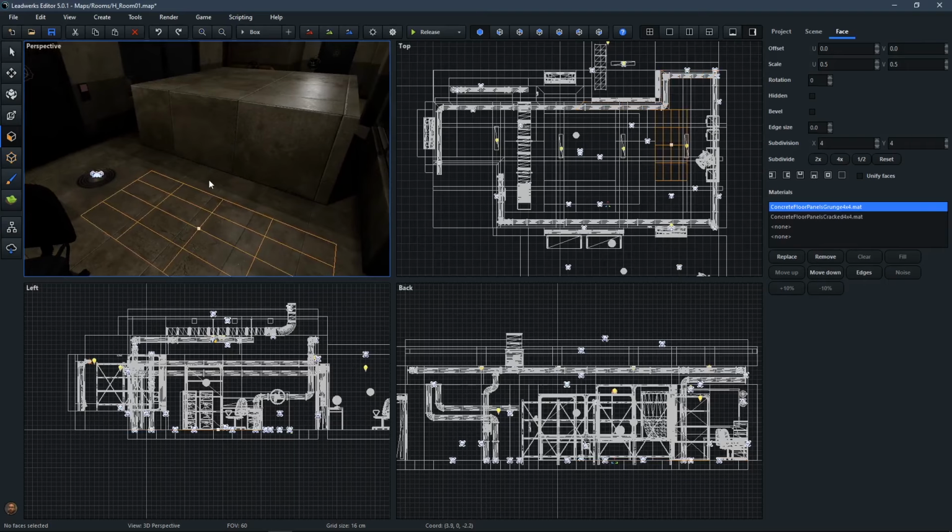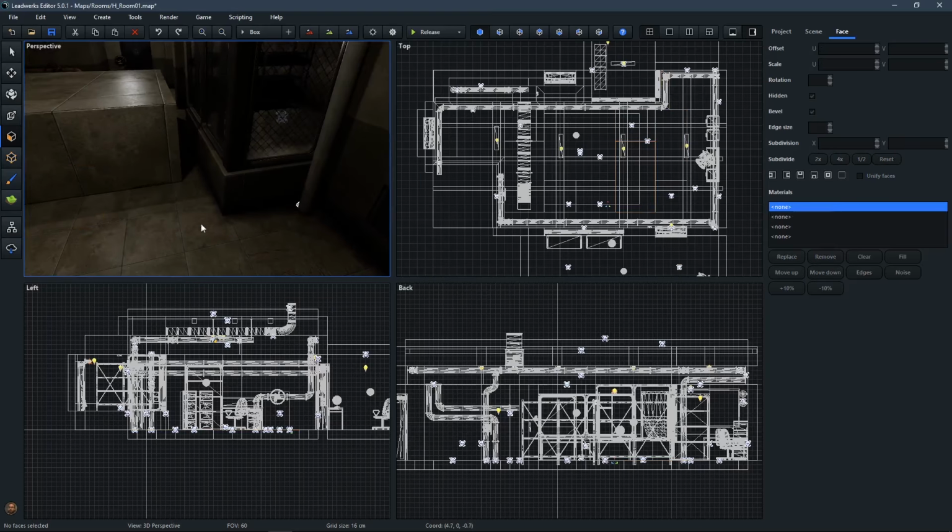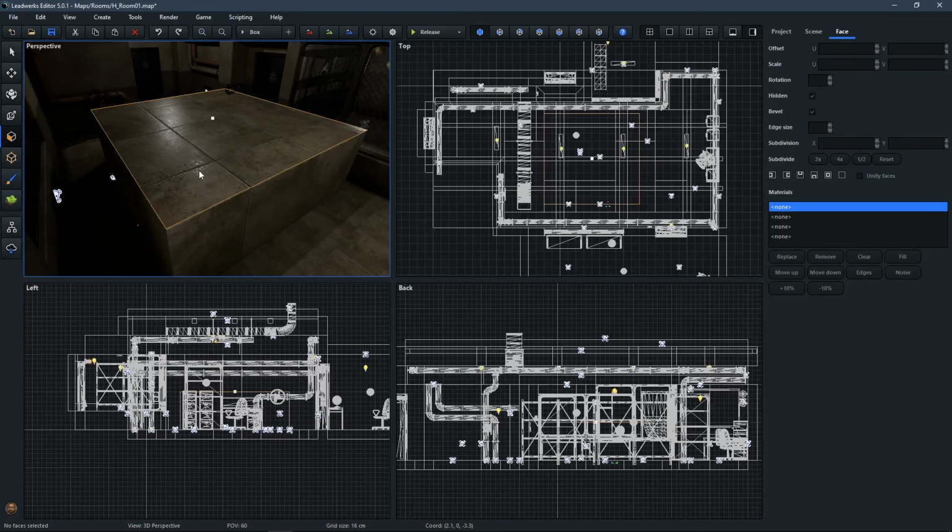And then, well, this actually doesn't need to be subdivided at all. So I'll just clear that. So that's one use for it. And then